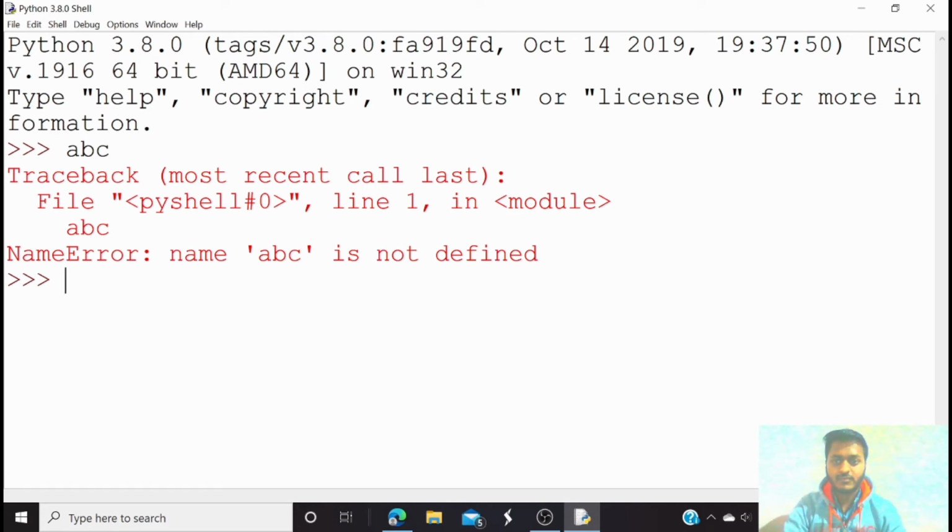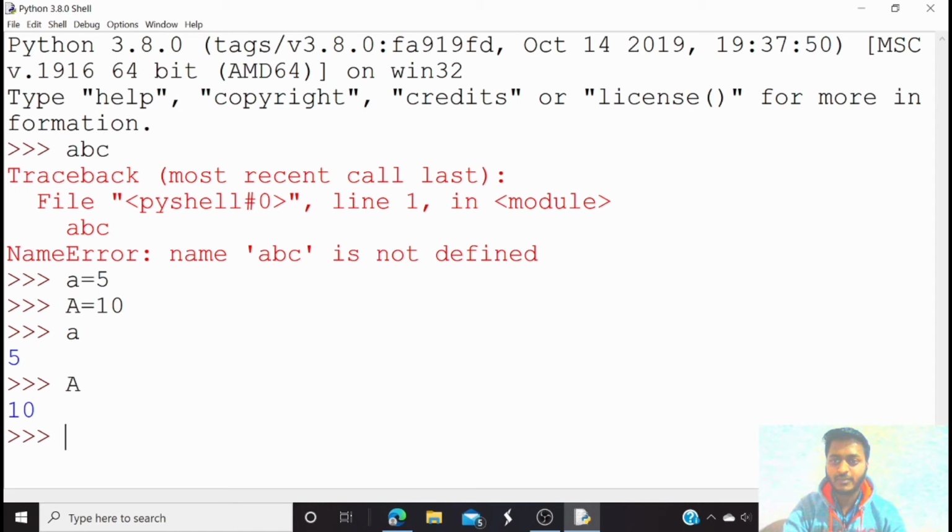So you have to be careful that when you are using any variable, it should have a value. Variables in Python are case sensitive. If I assign the value 5 to a lowercase a, and I make a variable of capital A and assign it the value 10, then if I use a, it gives the value 5, not 10. If I use capital A, it gives the value 10. So variables in Python are case sensitive.